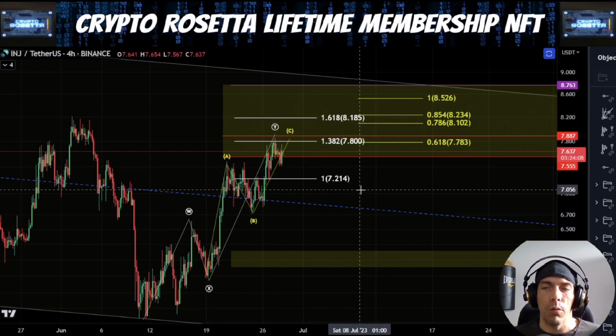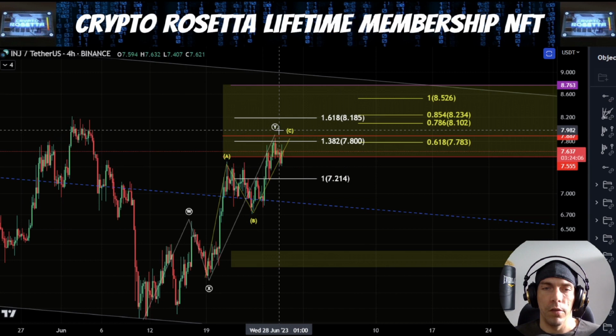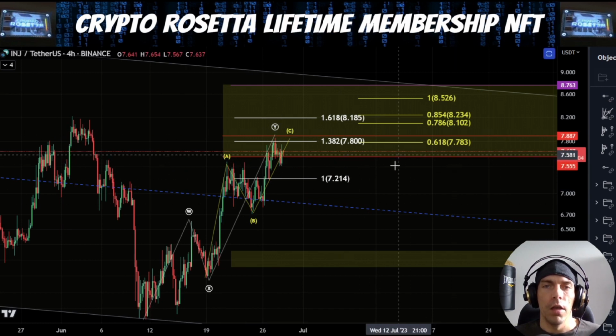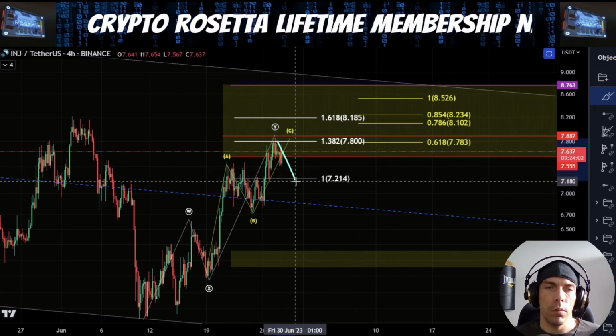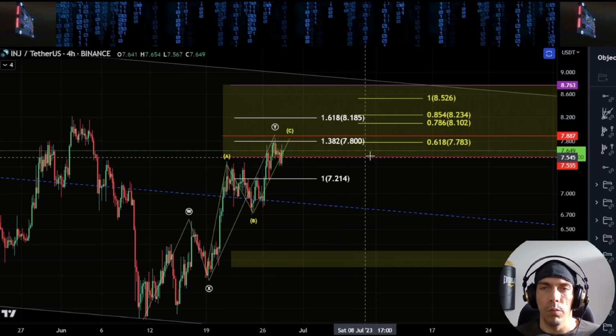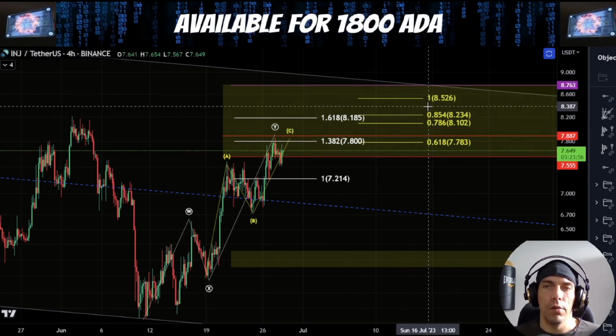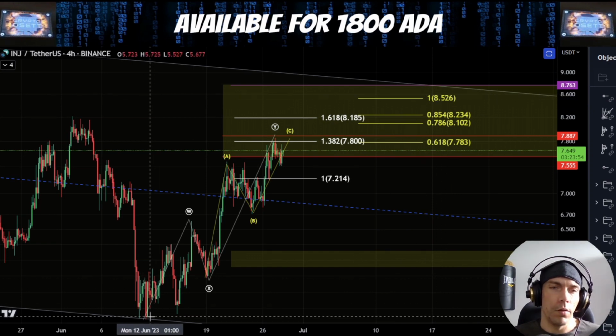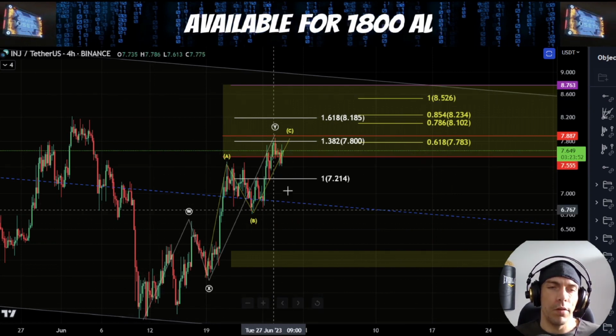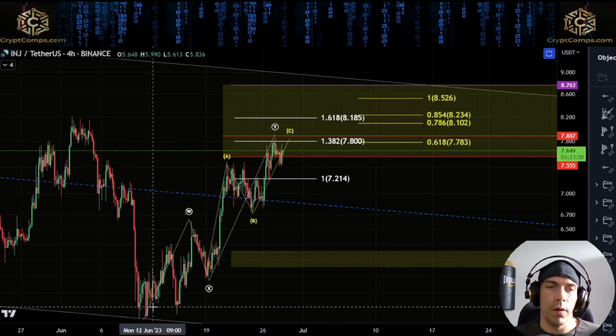And this is just a corrective move up, and we could then see continuation to the downside. Now, if we are looking for this to find support again and push up one more time, I would be looking out for the potential of coming up into this 852 as a 1-to-1. The difference with this would then be that potentially this would be just a corrective move up, where we'd be